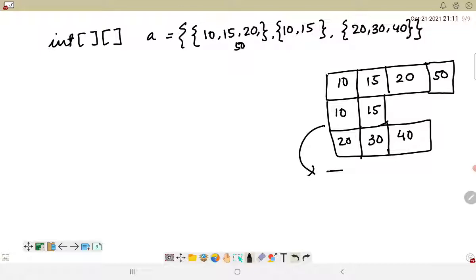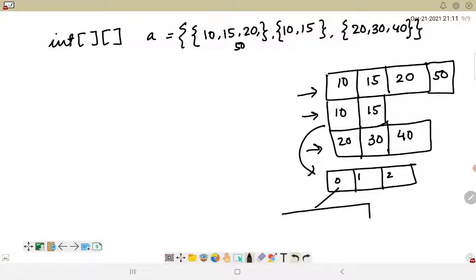Now if you want to represent this in an array of arrays concept, you will have, let's say, an array of arrays. So all these three arrays can be represented here, so 0, 1 and 2. This one will be representing the first array, which has 10, 15, 20 and 50.